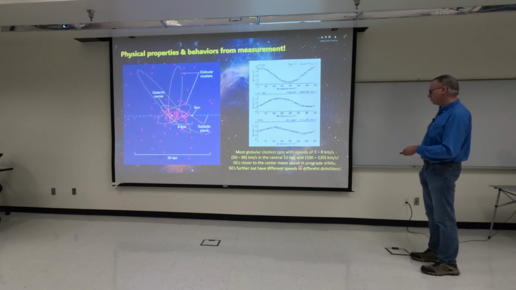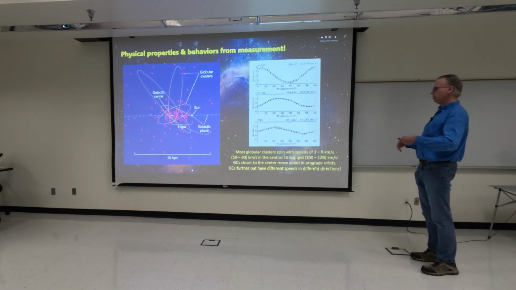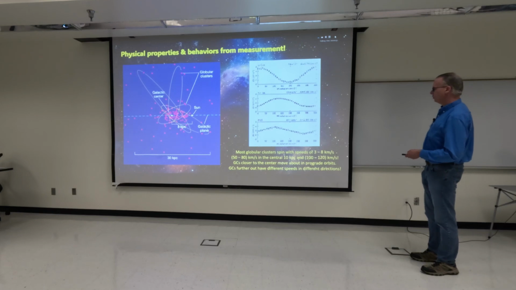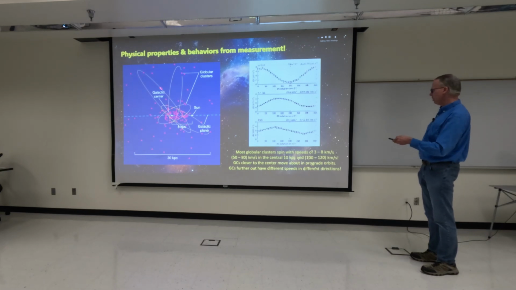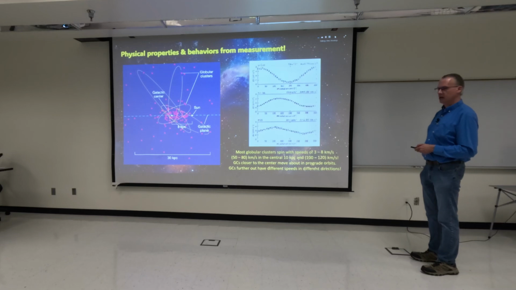Globular clusters, of course, will have different speeds in different directions for those stars within the globular clusters as they're moving further and further out. So this is for the motion of the globular clusters themselves. Out here, they can be very, very slow. And as they get closer towards the center of the Milky Way galaxy, they're going to be speeding up to this level of speed. There's no such thing as a retrograde globular cluster that orbits around a galaxy. I've never found one.